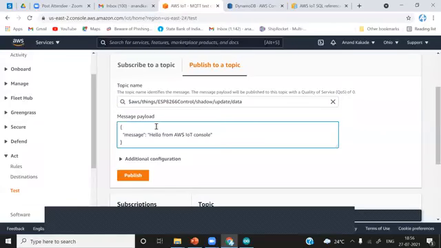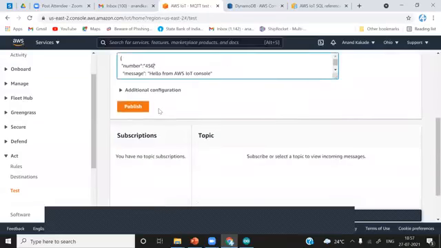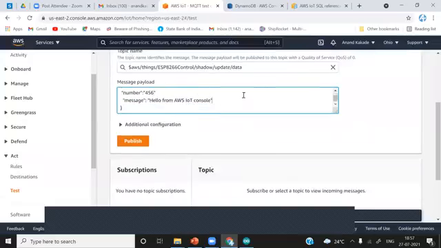So the payload will be, you must add the number, because using the number we are going to identify each and every row. So I will just write number, and then give any random number 456. I will add another object as data, but the temp.